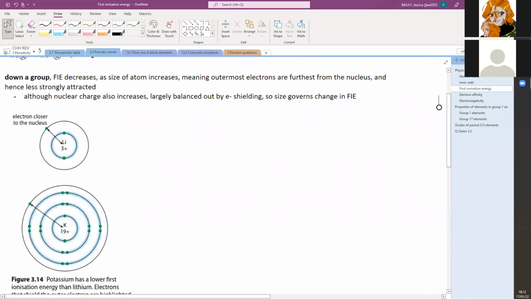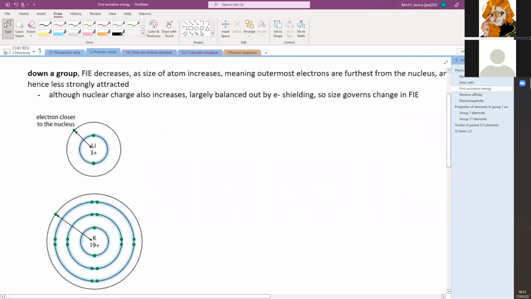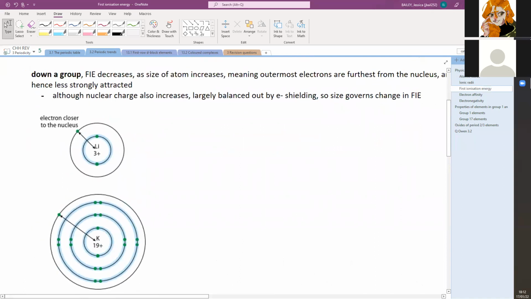So as you go down a group, your first ionization energy decreases because your atom is increasing. So remember what I said before, always link back to your electric attraction. As you go down a group, you've got more electrons, so your atomic radius, use the proper terminology, is always increasing. And if the distance is increasing,